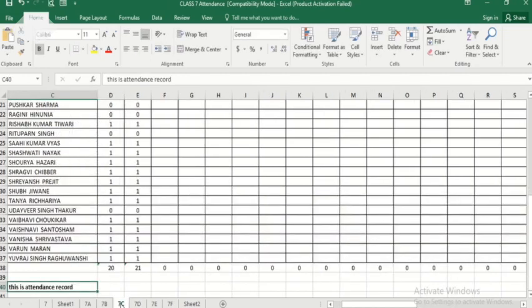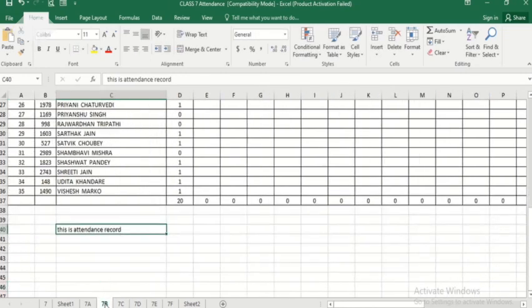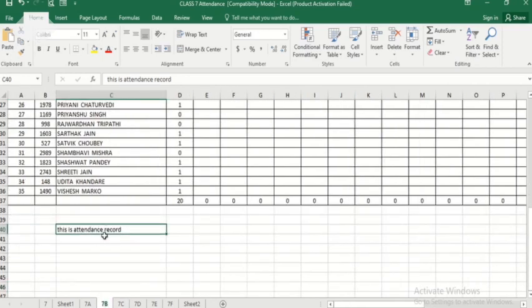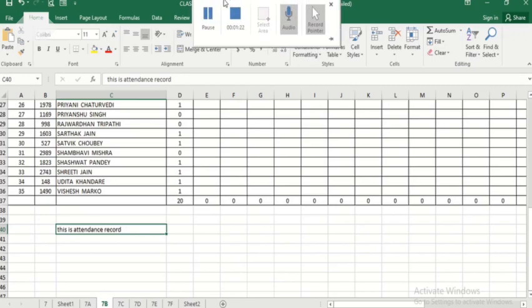Now you see when I click on 7C, it is written here, and 7th B also it is all written here. How come it is here? Because I have grouped the sheet. So whatever I have entered on 7th C sheet is automatically here on 7th B also. So this is the advantage of grouping a worksheet, where you can enter data simultaneously in 2, 3 and more worksheets.